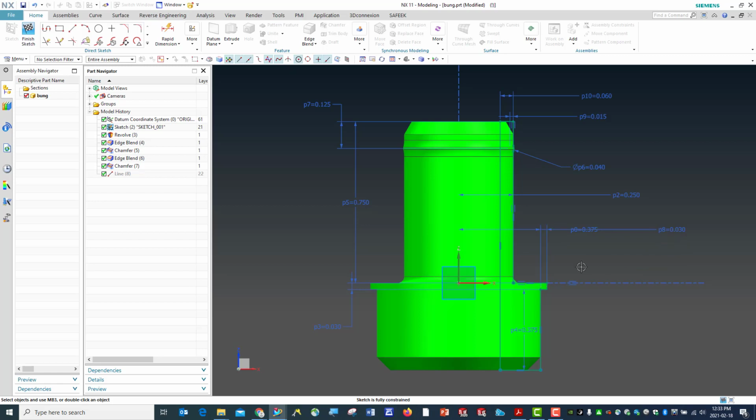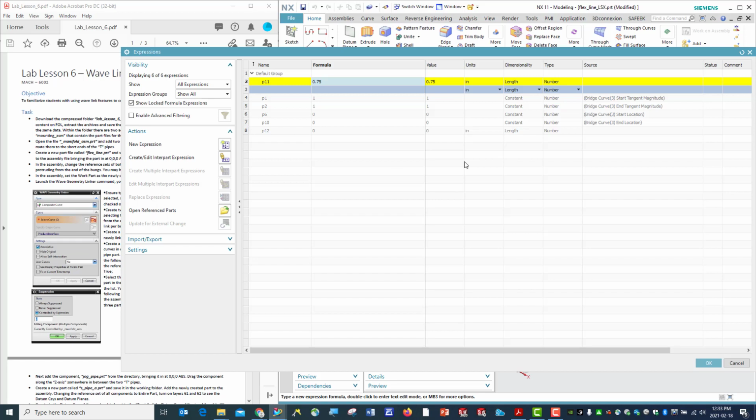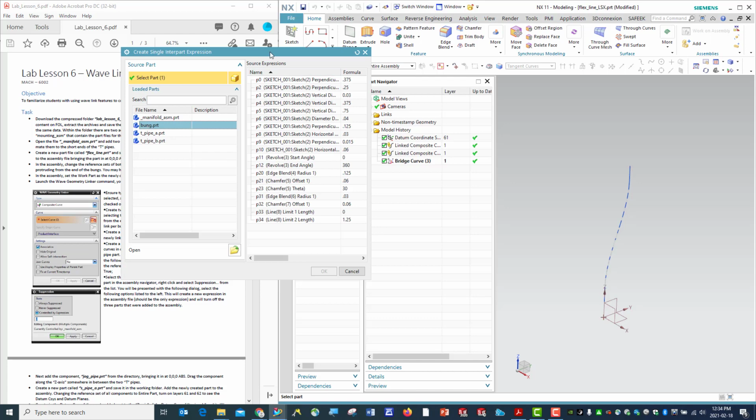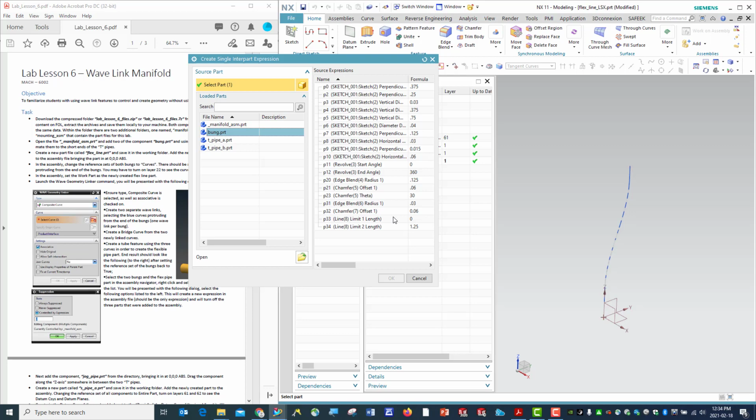So if we want to make the pipe inner diameter equal to this side, then we can just use P2 times 2. And if we want to make the outer diameter equal to this side, then we can use P0 plus P8 times 2 to get the diameter, right? So what we can do here: inner diameter, outer diameter. I think this outer diameter needs to use a new expression, right? So outer diameter, it will be